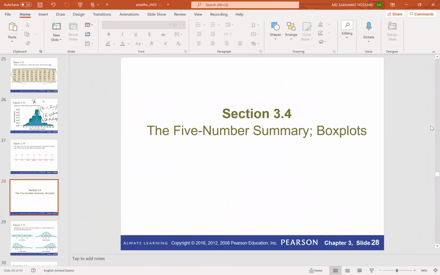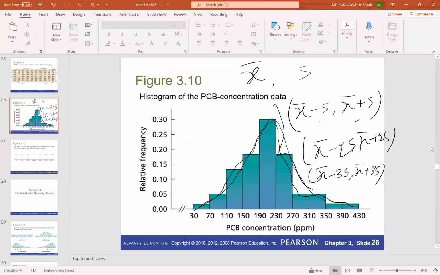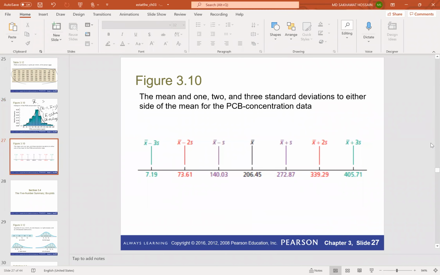Okay, so the next section is about the 5-number summary. So what is the 5-number summary? For a 5-number summary, you need sample mean, you need median, and you need the quartiles. So we'll discuss the quartiles right now before discussing the 5-number summary, because to construct the 5-number summary, we also need quartiles and the minimum value and maximum